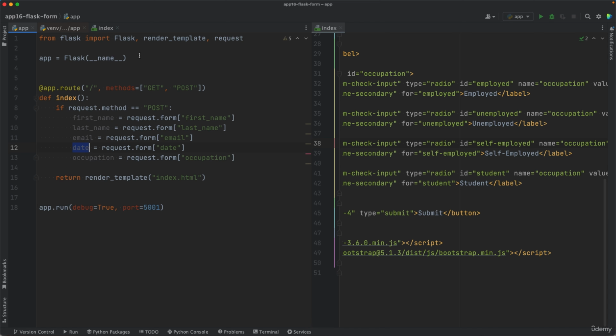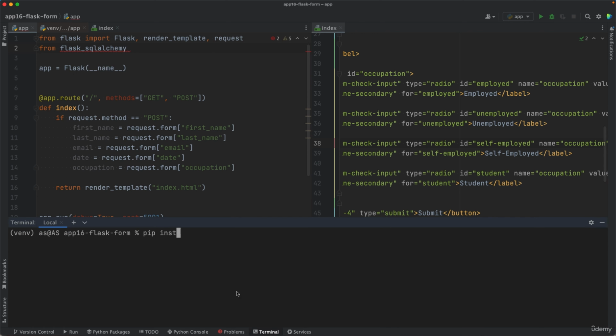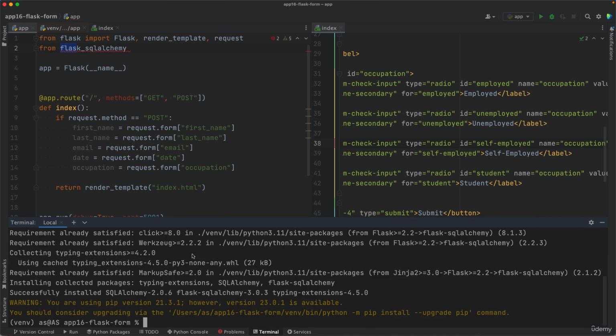So you need to import from flask_sqlalchemy, which is the library which you need to install. You need to open your terminal and do pip install flask, but use a dash. So you import it with an underscore in between these two words, but then to install it, you should use a dash. So flask-sqlalchemy. This is a separate library, but it does interact with Flask. So from flask_sqlalchemy, you want to import the SQLAlchemy